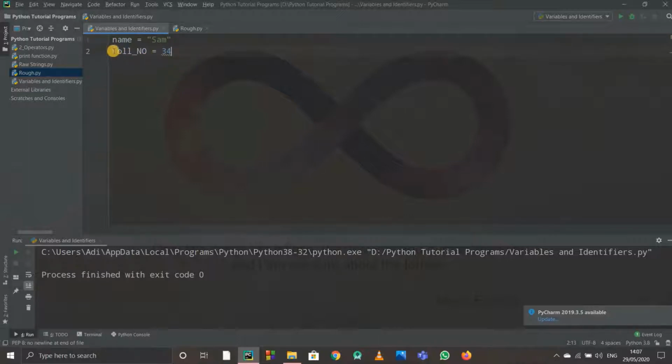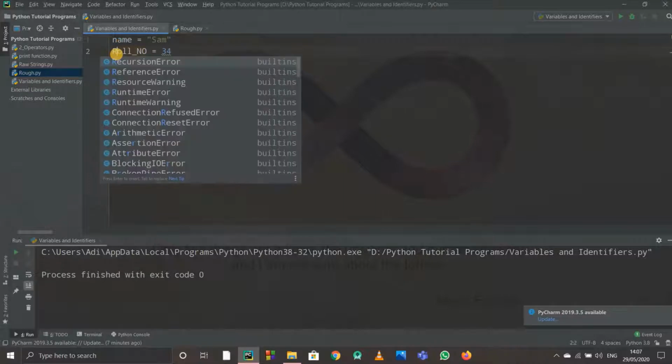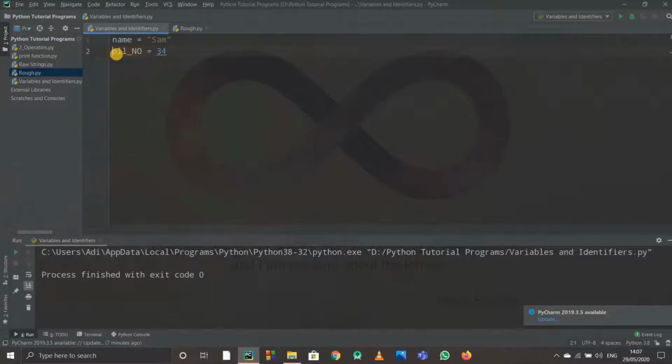But there is a specific set of rules to give names to these variables, because you may ask why I used this underscore and capital O and all. So there are some rules we need to understand for giving names. For the start, the name can start with an uppercase letter. It's allowed. It can start with a lowercase letter. It is allowed. It can start with an underscore as well. There's no problem in it.